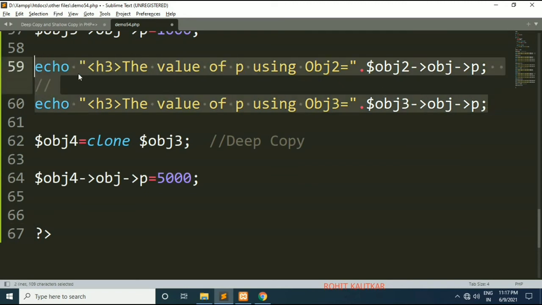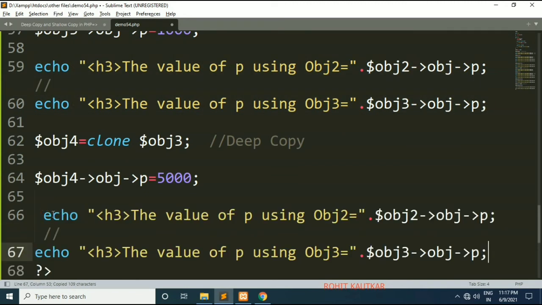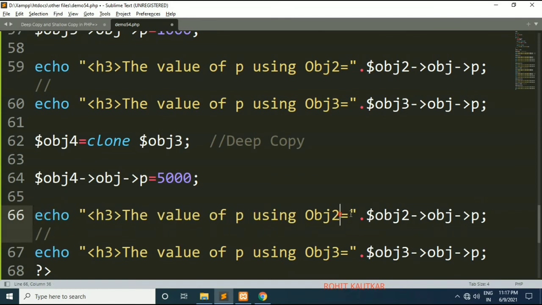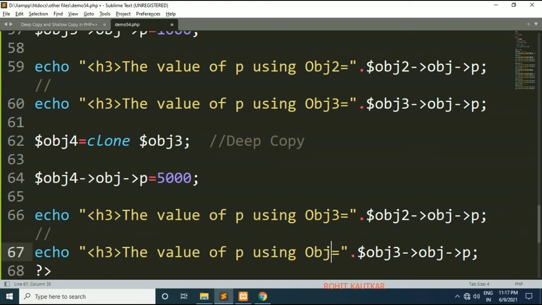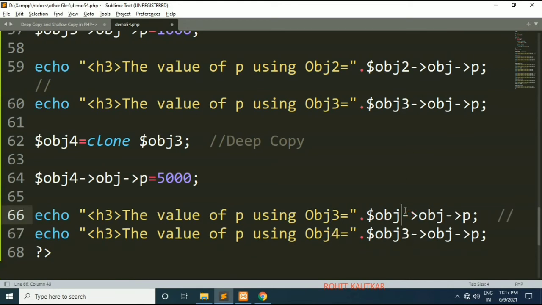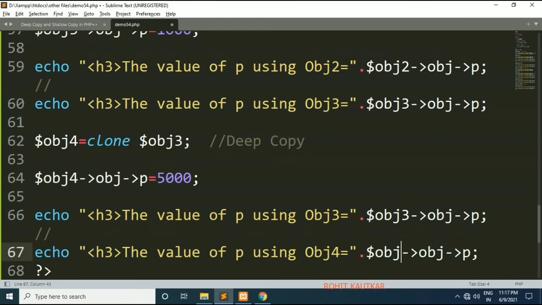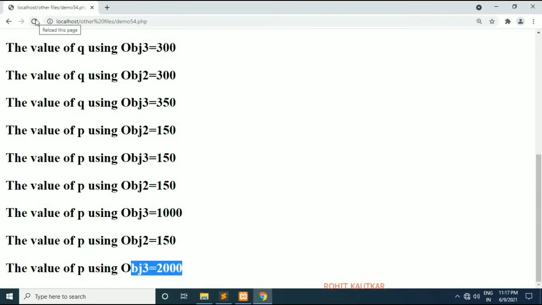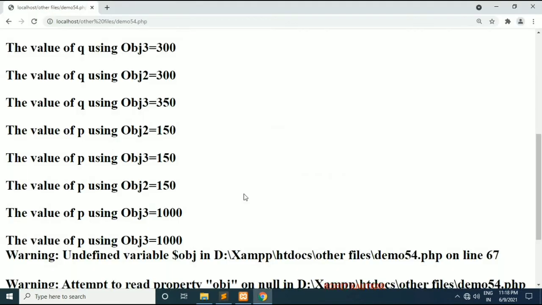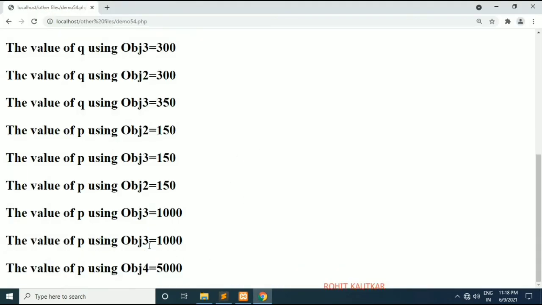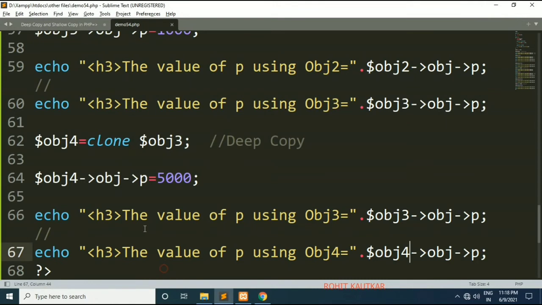I will copy this statement and paste it here. Now I make some change: object 3 and object 4. See here in the output, if I refresh, you can see object 3 has the same value, but object 4 got the value 5000,